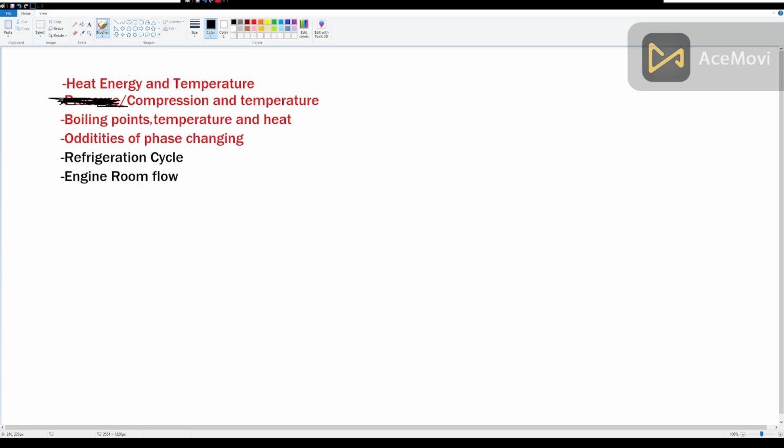Pressure, however, absolutely affects temperature and boiling points. If you take a liquid that you cannot compress and you put it under pressure, you will raise its boiling point higher. For instance,